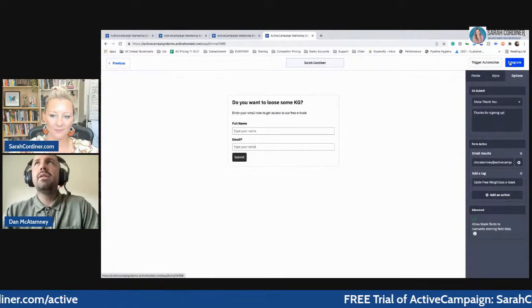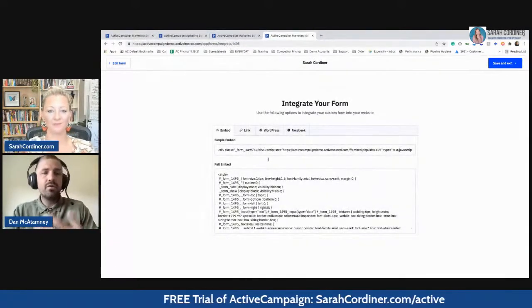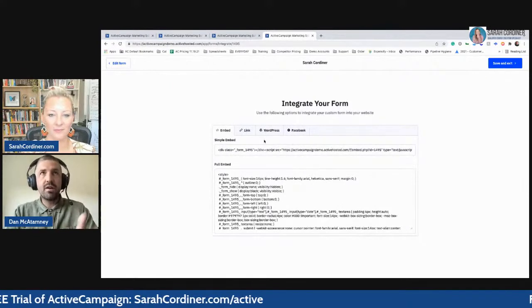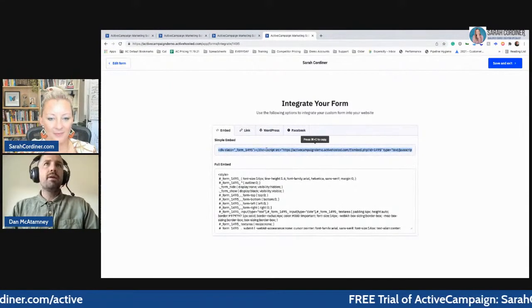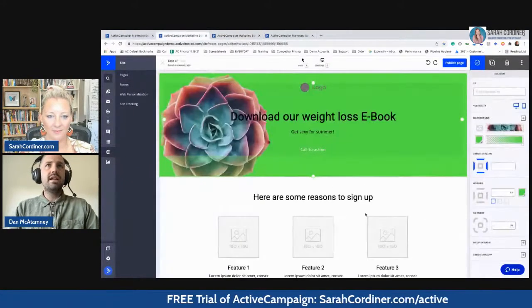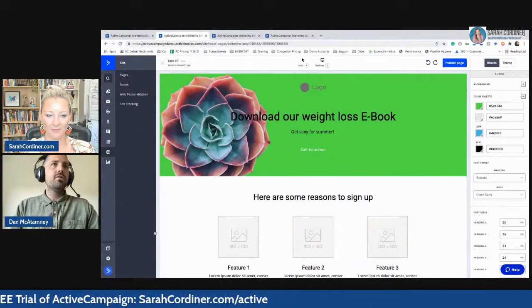Basically, that will give you the ability to pull out a little bit of embed code. This is the way you'll be able to do it if you want to put it directly on your website or directly on Facebook, or if you have the WordPress plugin, you'll be able to integrate it directly from here. So if we copy and paste this little bit of simple embed, we jump back into our landing page. What we'll be able to do is